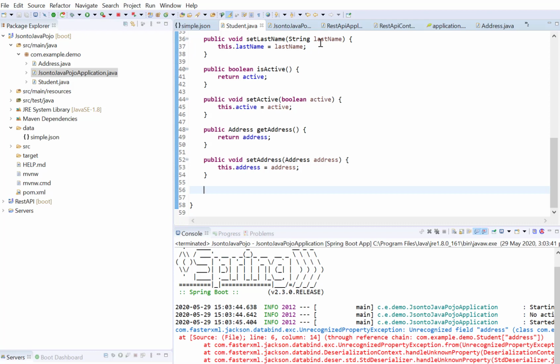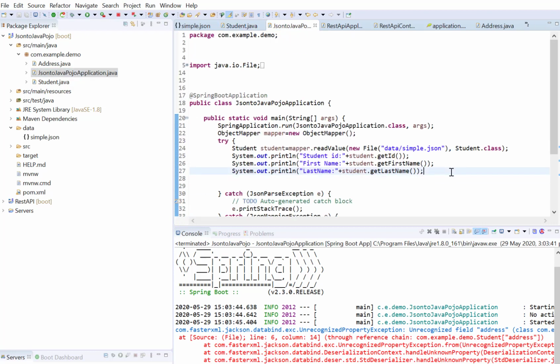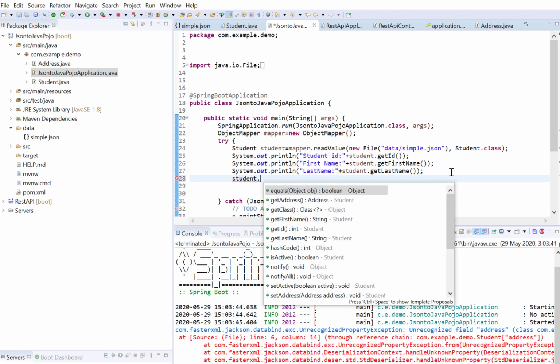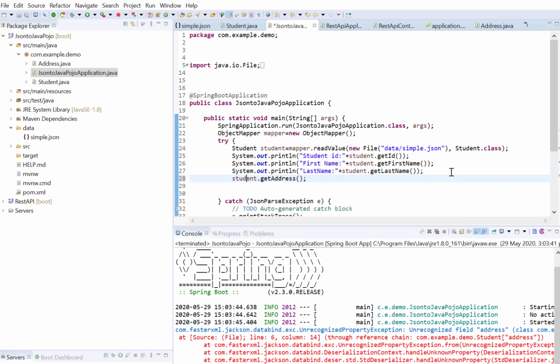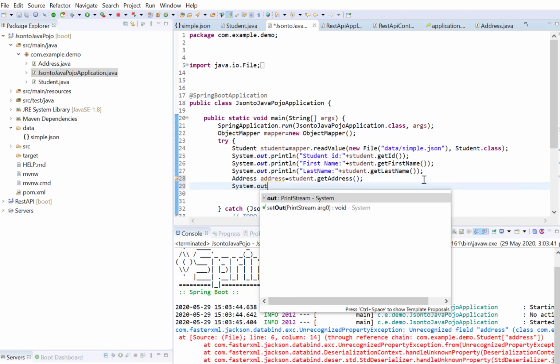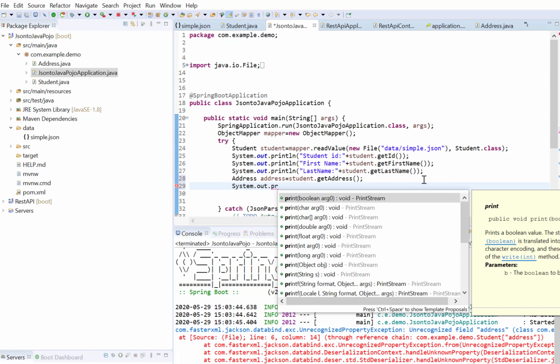Save the file and go to the main method. Inside the main method, using the Student class reference, student.getAddress, I get the Address class object and I need to store that here. After that, using that address reference, I need to get the values and print them in the console.